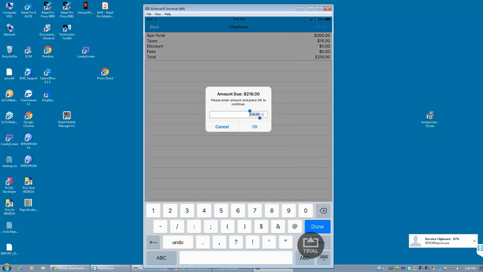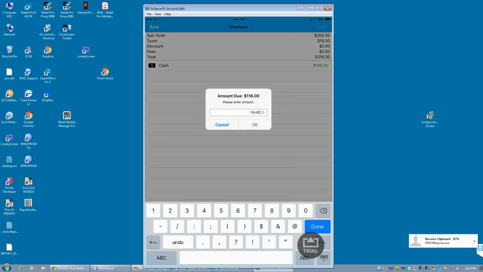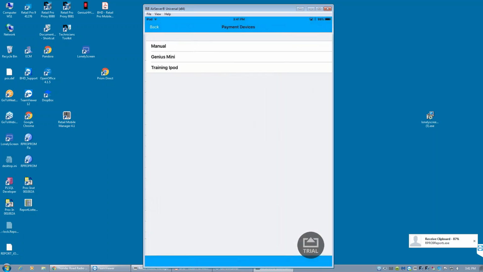So I'm going to go ahead and choose the cash option. Okay, it shows me the amount due. Now let's just say for argument's sake they're only going to put $100 in cash. So I would change the amount and click OK, and it would show that they've paid $100 in cash. I'm then going to choose the credit card option, and I'm going to say OK to that, and the remainder is going to go on their